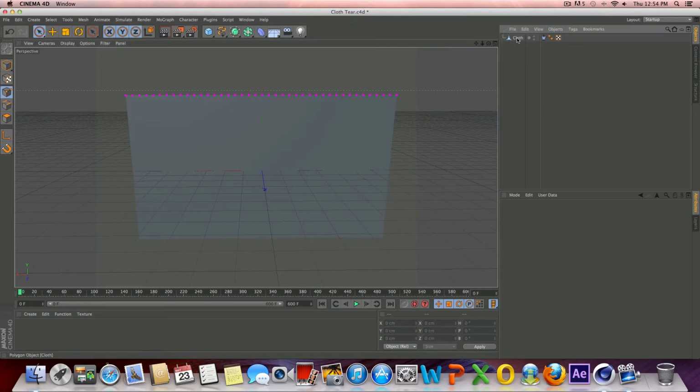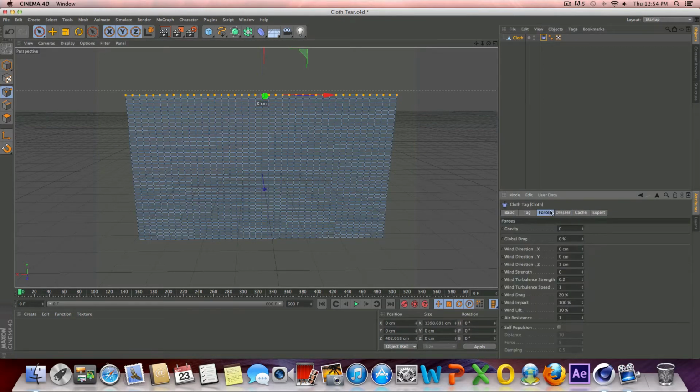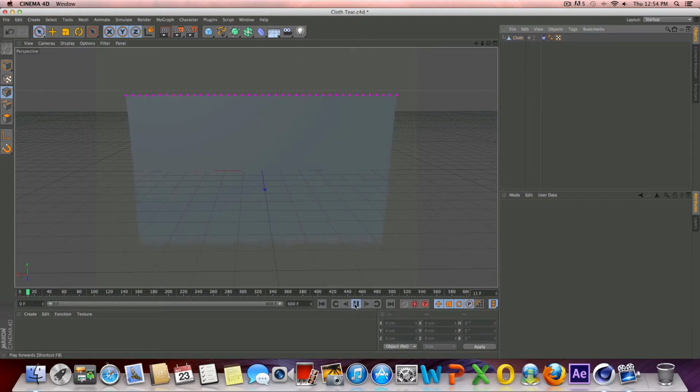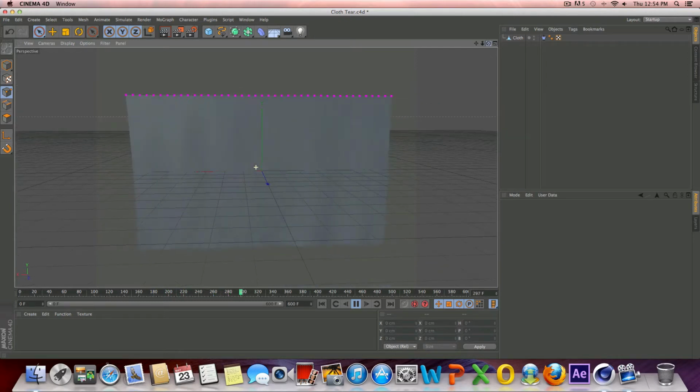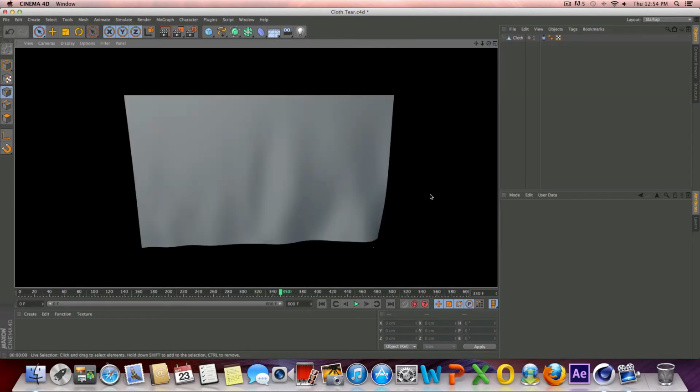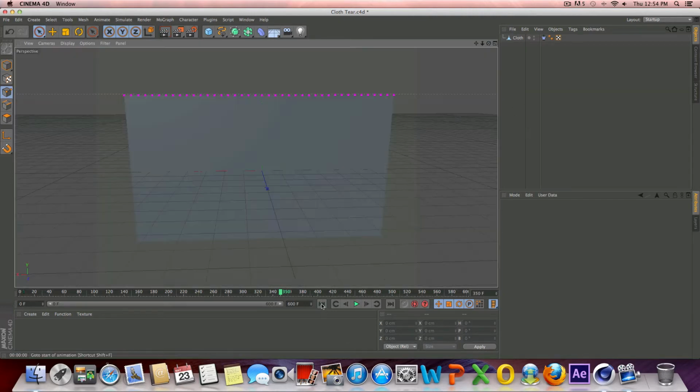actually I don't have any gravity applied, I zeroed that out, but if I go ahead and put like -5 gravity and press play, you'll be able to see that our cloth is hanging from these points, so they're fixed, as you can see there. Alright, and nothing too special here. If we go ahead and give this a quick render preview, it's not going to look too spectacular or anything,